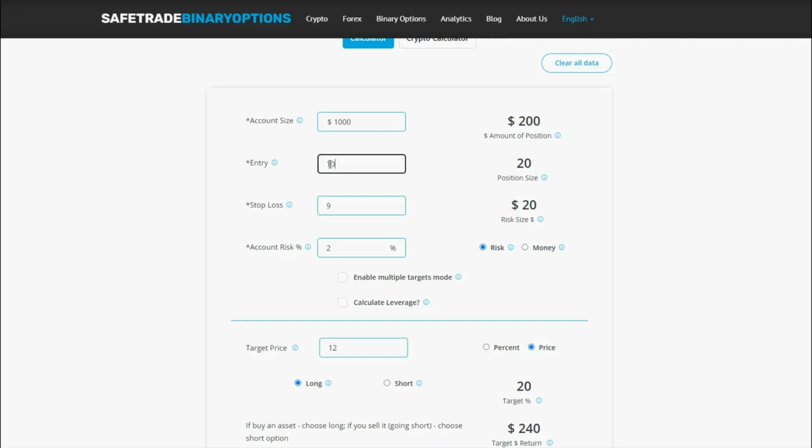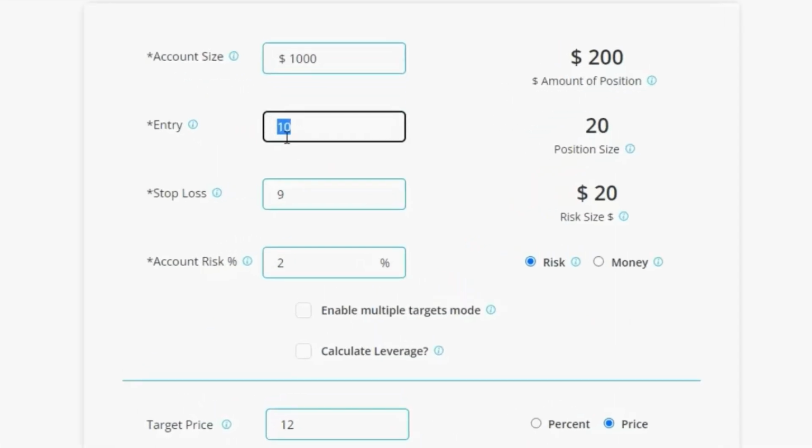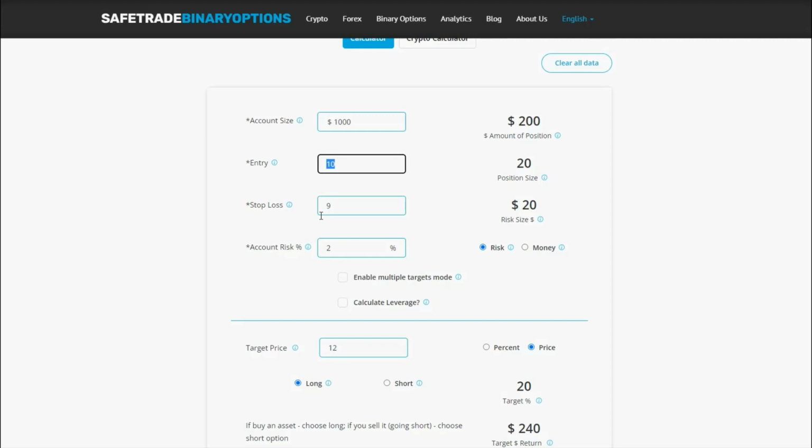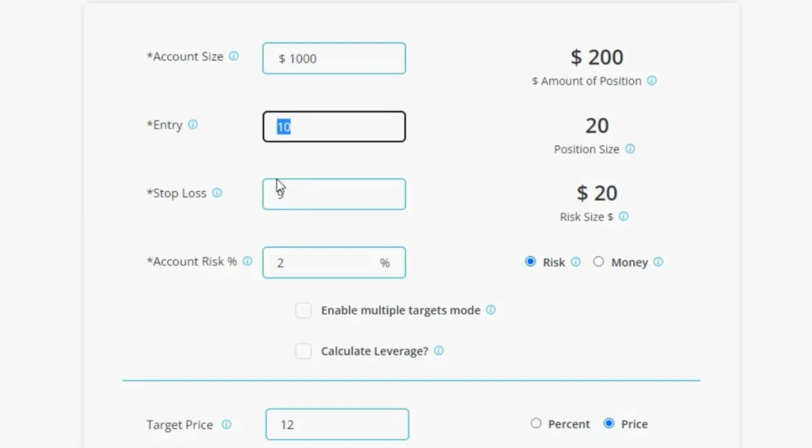Let's say we have a trade where we want to buy a stock or a CFD at $10 and there is a stop loss at $9. That's where you've decided to put your exit point. The stop loss is the point where we get out of the trade if we think we're wrong about the trade, or simply to cap our loss so that if the price keeps going against us, this controls the amount that we lose. So this is an example of a trade,